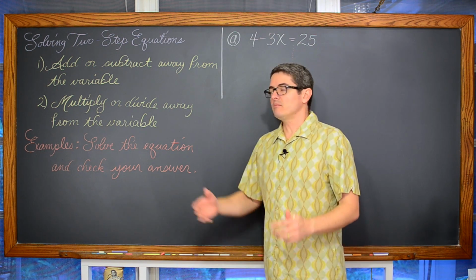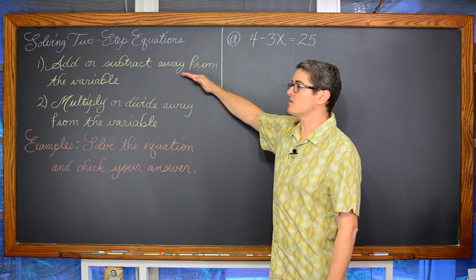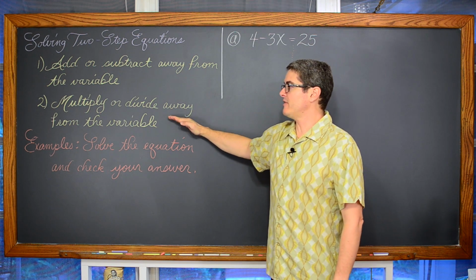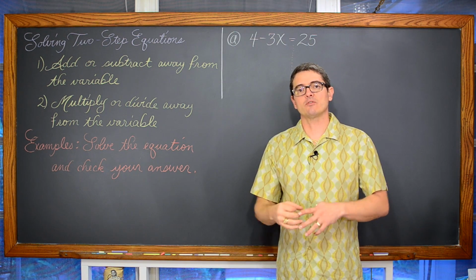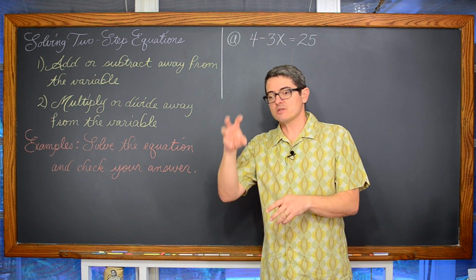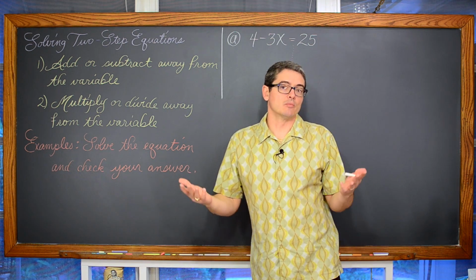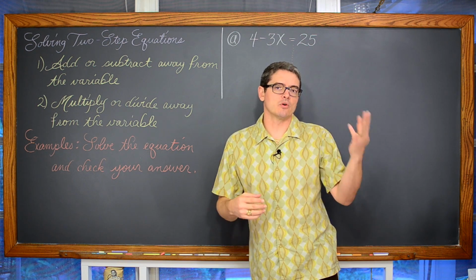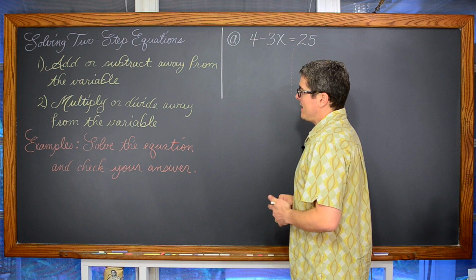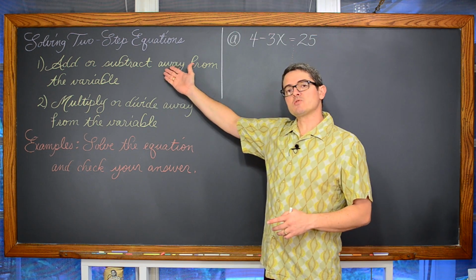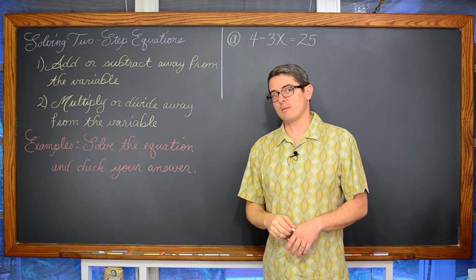We're going to do these 2 steps in solving these 2-step equations, which is add or subtract away from the variable, and then multiply or divide away from a variable. When you're trying to solve for a variable, you're trying to isolate that variable. You're trying to get it alone, so that it's just like x equals, and then there's a bunch of stuff on the right, or maybe there's just a single number, and it doesn't have to be x on the left and number on the right, but that's sort of how most of us become comfortable with them. And we're talking, of course, about the addition and subtraction property of equality that we talked about in our previous lesson, and the multiplication and division property of equality.